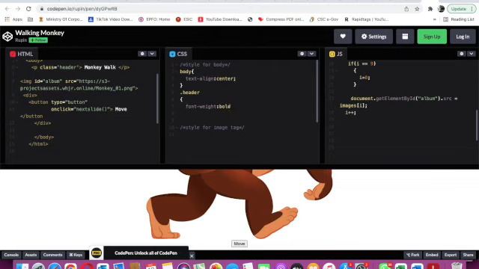Now I will give enter. Here I will type font-size, 30px. I will give enter. I will close my curly bracket.